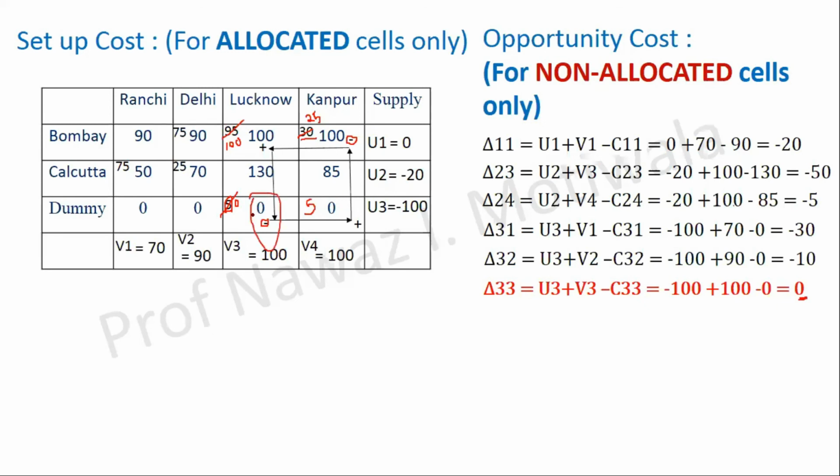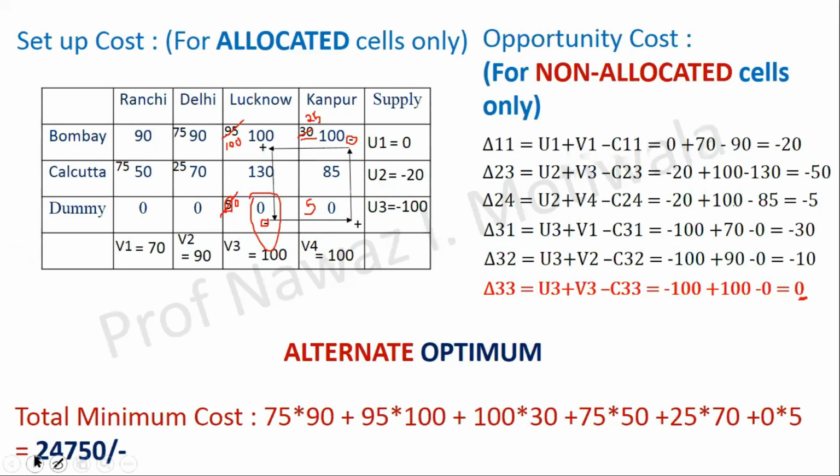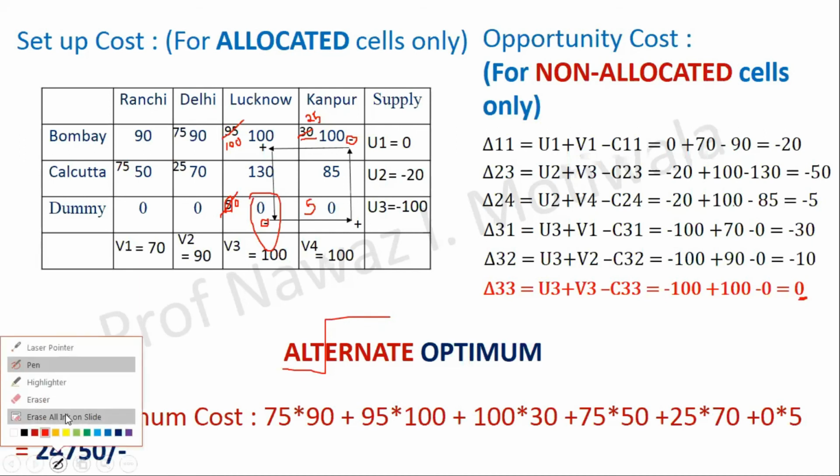So घूम फिर के solution वहीं पर आ रहा है. पहले हमारा यहाँ पर allocation था, हमने हटा के यहाँ किए. अब यहाँ किए तो बता रहा है अपॉर्चुनिटी यहाँ पर है, तो घूम फिर के आंसर सेम ही आ रहा है. So what we can say, this is my alternate optimum solution, and again you can see the minimum cost is the same. So what we have done, we have just shifted our allocation to different cells, but after shifting also we are getting the same answer, hence it is known as an alternate optimum solution. Any doubts, please ask.